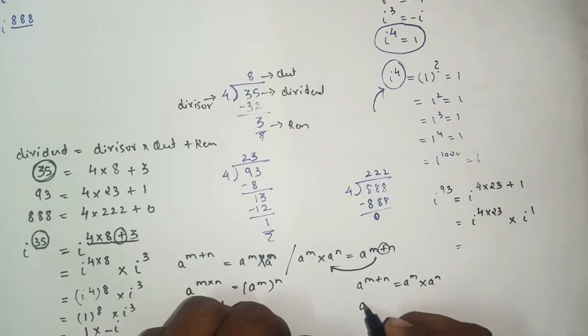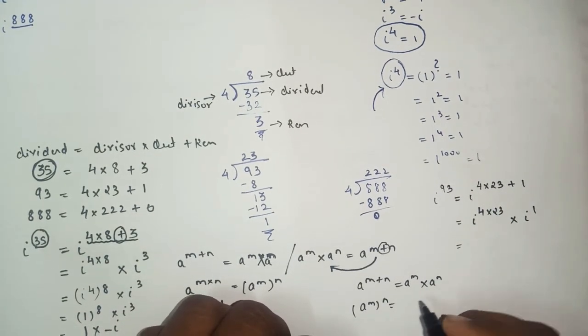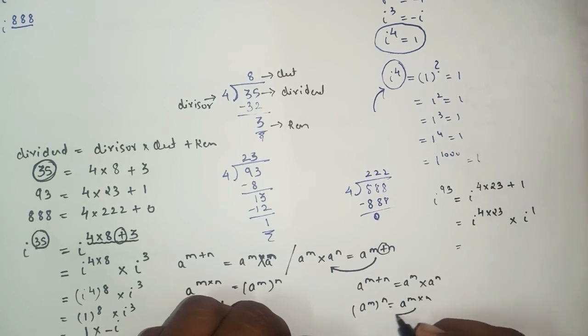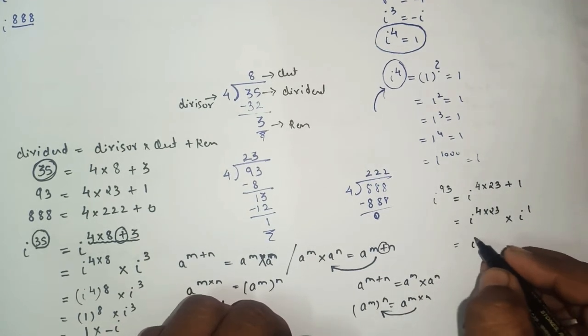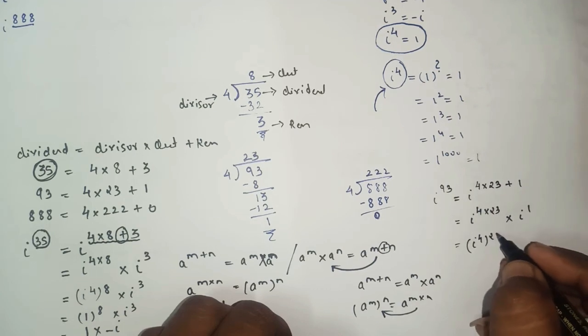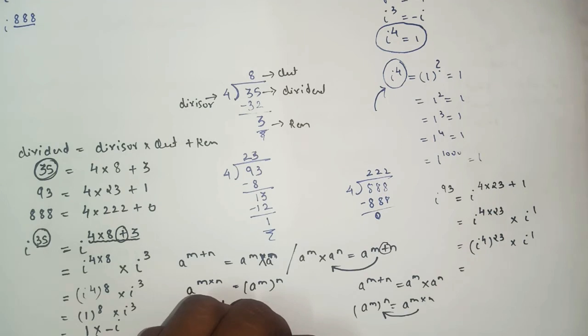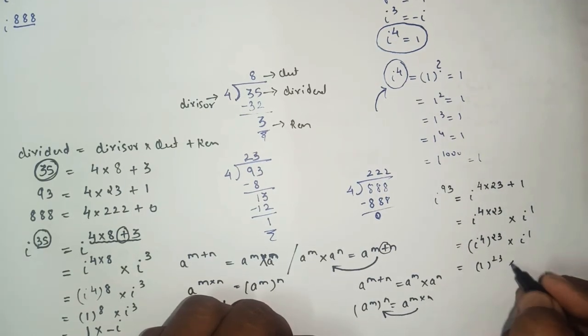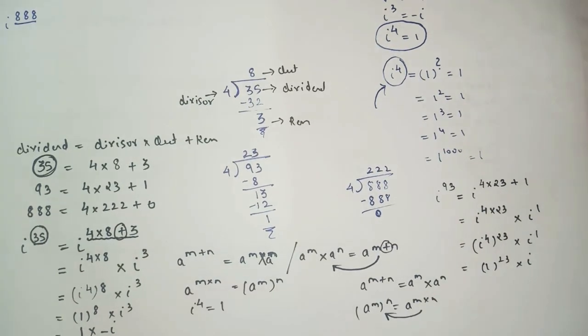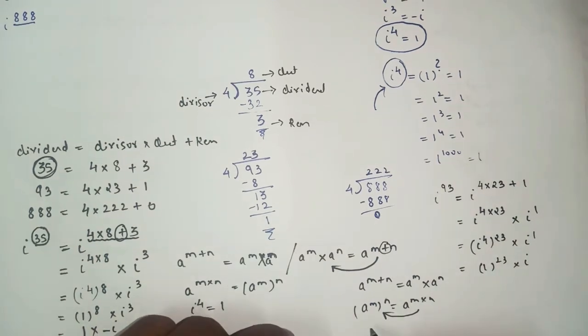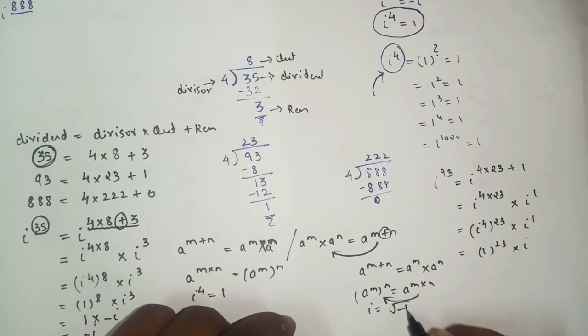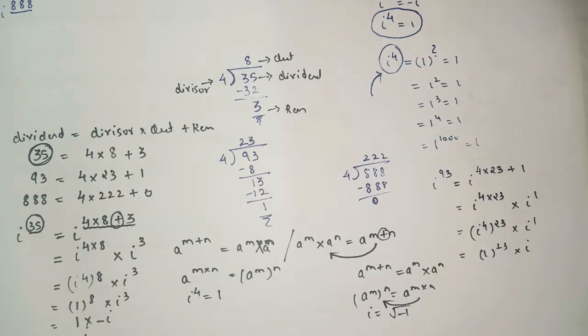After this we'll apply the formula a raised to m raised to n, that is a raised to m into n, or vice versa. So this can be written as I raised to 4 the whole raised to 23 into I raised to 1, and we know that I raised to 4 is 1, and I raised to 1 will be I only. Okay, don't replace the value of I by root minus 1, as I explained in each and every video. You have to keep the value of I as it is. You have to change only the value of I square, I cube, I raised to 5, yes or no?